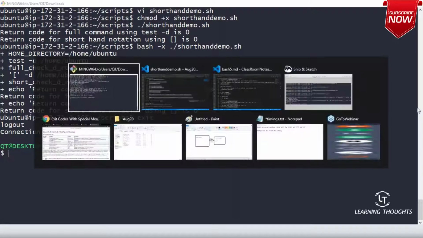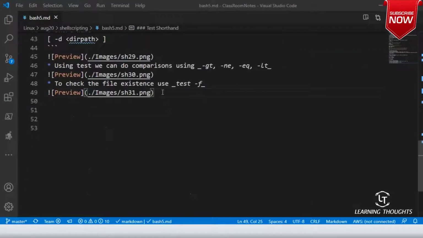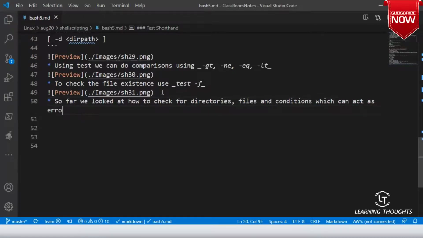Okay. So for error handling, what I'll do is, right? What is it that we have been doing so far? We looked at how to check for directories, files and conditions which can act as error checks. Okay.